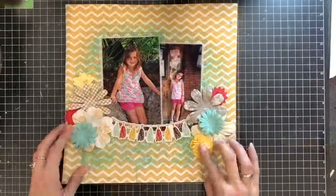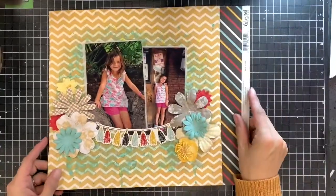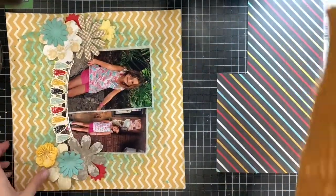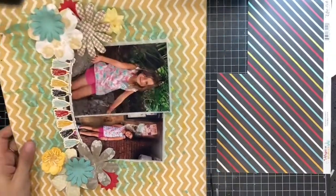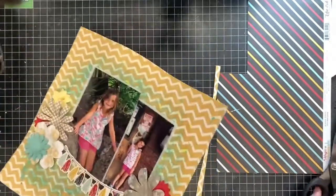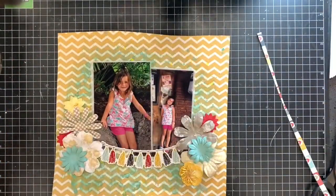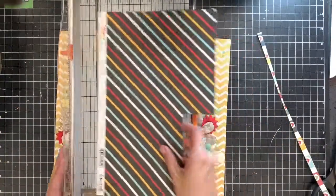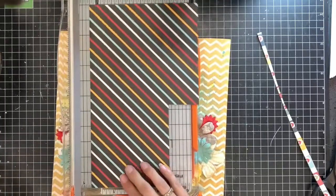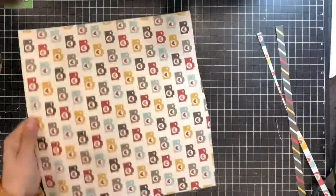So once I get that banner glued down, I am going to mount this layout on some of this stripe paper. I don't mount it fully. I'm just going to be trimming off the top for sure. I can't remember if I trim off the bottom or not, but I'm trimming off the top, and I do trim it off in kind of a funky, wavy look. I did want it to be not really symmetrical. So I trim it off a little bit crookedy, and then I'm going to add this strip here,